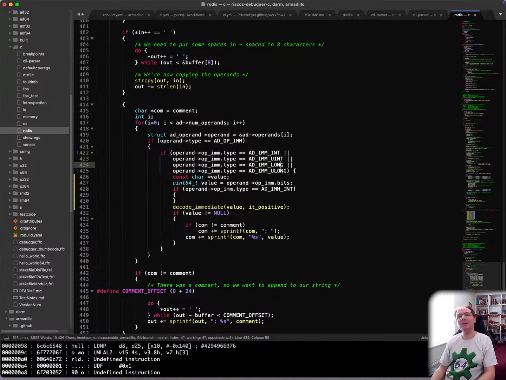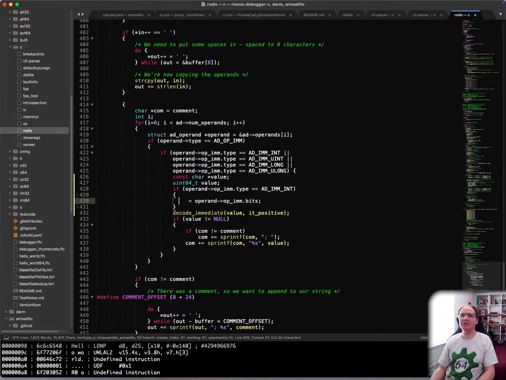Int and long. How are int and long different? I'm going to assume that int is 32 bits and long is 64 bits. So we'll try and do that. In fact, what we'll do is just say what the value is here, and stick bits into this to make it look right. So if it's an integer, then the value is